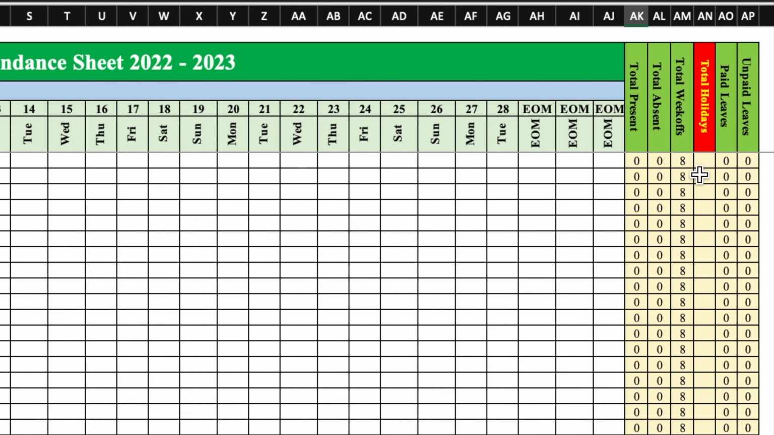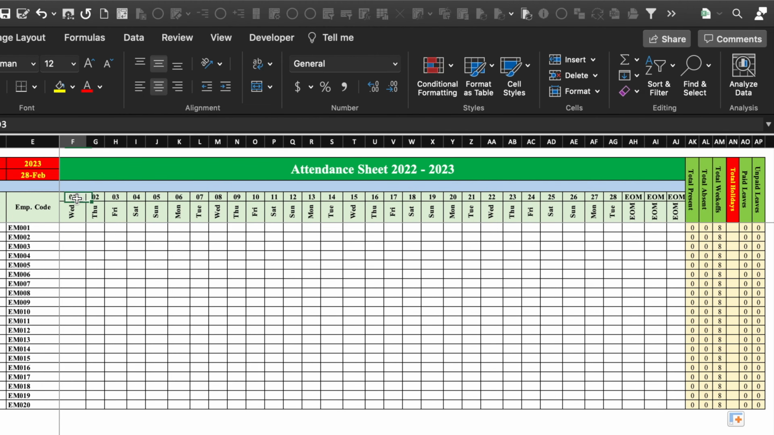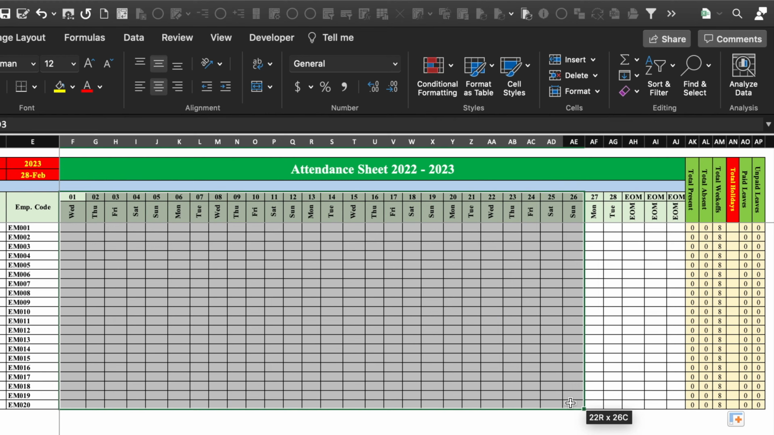Total holidays, we are not going to insert the formula here right now because we will have to calculate the holidays first. So we will be doing these things in the end. Now we will be highlighting all the Saturdays and Sundays. To highlight Saturdays and Sundays, we will have to select this, and we will have to go in conditional formatting,